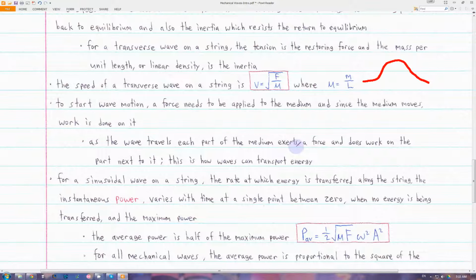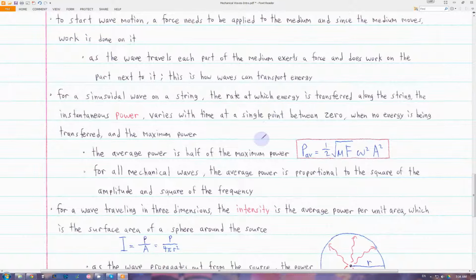So we're going to look at the power, which is the work over time, of a mechanical wave. For a wave on a string, the power of the wave, the rate at which the energy is being transferred along the string, is varying in time at a single point. If we look at just one point, the power oscillates between 0 and the maximum power. So the average power is half of the maximum power and is given by this equation,